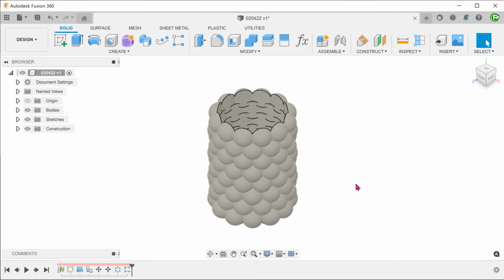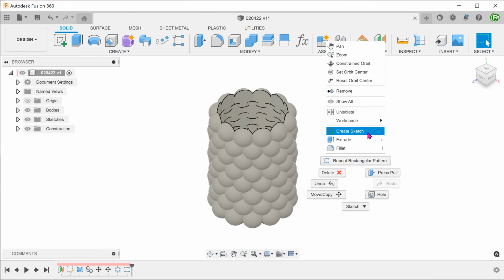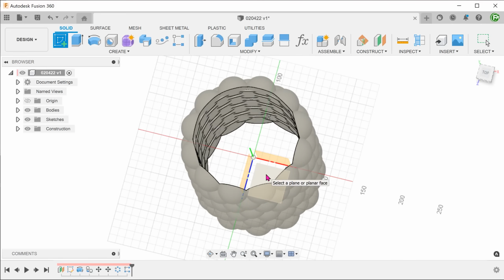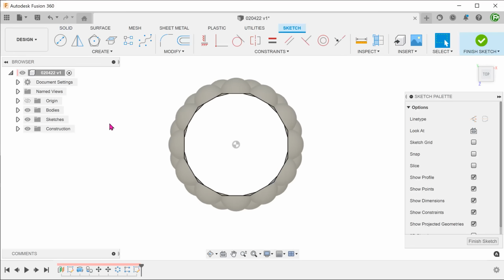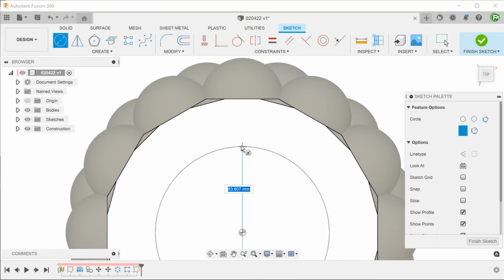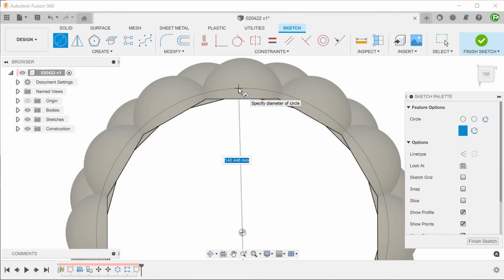Now, I am going to fill up the middle with a solid cylinder. Create a sketch on the top plane. While sketching the circle, you do want to have a slight overlap with the spheres.